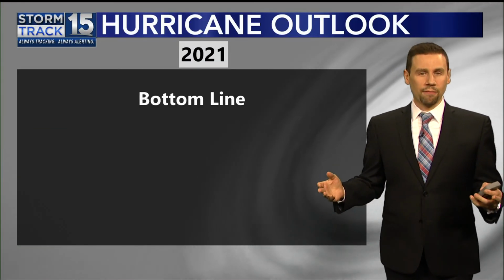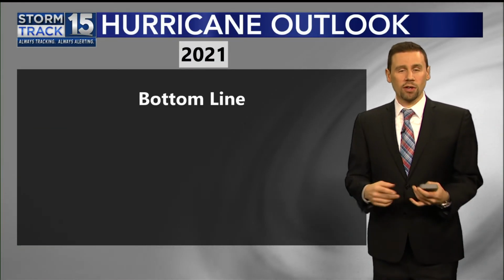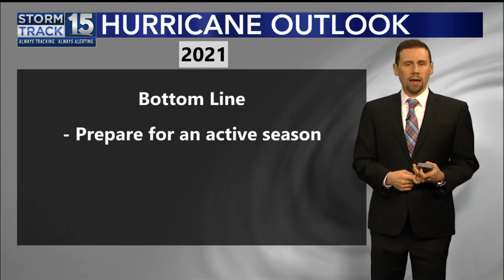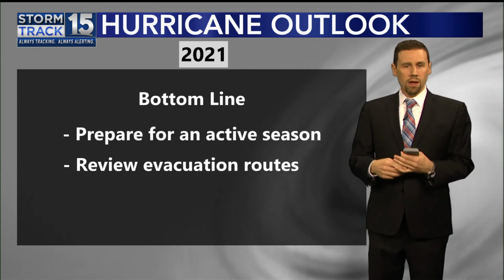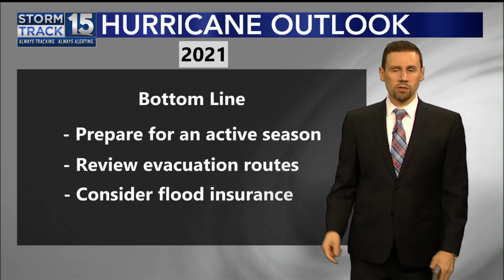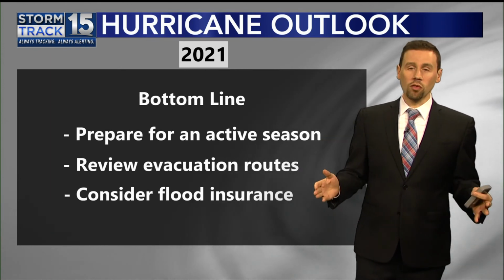So the bottom line for 2021, the hurricane outlook, here we go. Prepare for an active season. Get ready. Get that hurricane plan in place. Review evacuation routes. And also, something to consider, flood insurance, because once a storm is named in the Gulf, you can no longer get flood